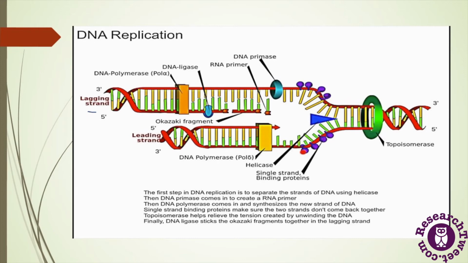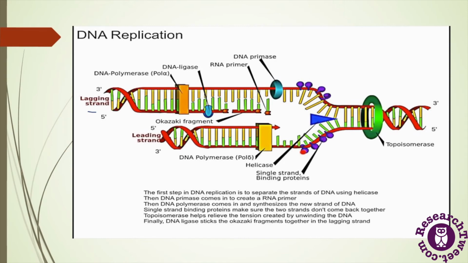Now the elongation of replication starts. Here we can see the two strands of DNA, which are the leading strand and the lagging strand. In the case of the leading strand, DNA replication is continuous because DNA replication proceeds in only one direction, from the 5' end to the 3' end, and the replication fork also proceeds the same way. In the leading strand, DNA replication can continue with the help of only one RNA primer.